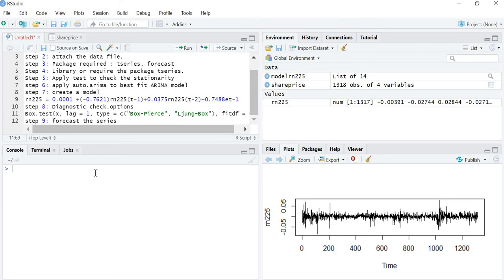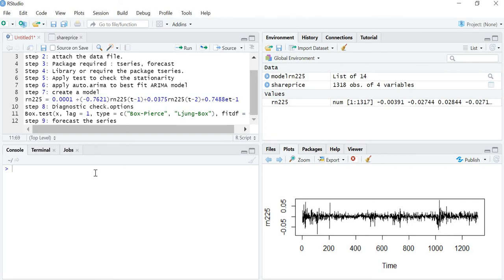Residuals are very helpful in checking whether the model has adequately captured the information in the data. If you want to do your forecast and see that it is not biased, you have to do the diagnostic checking.